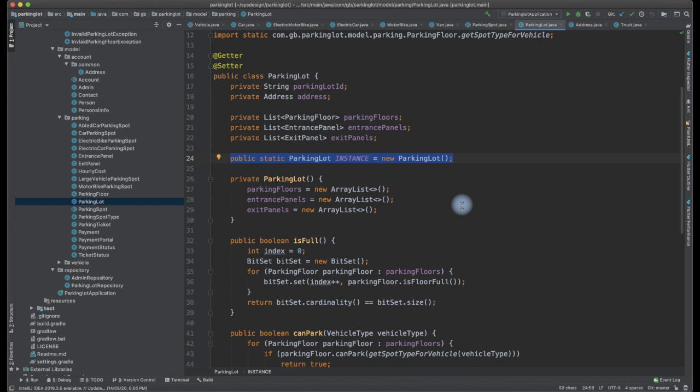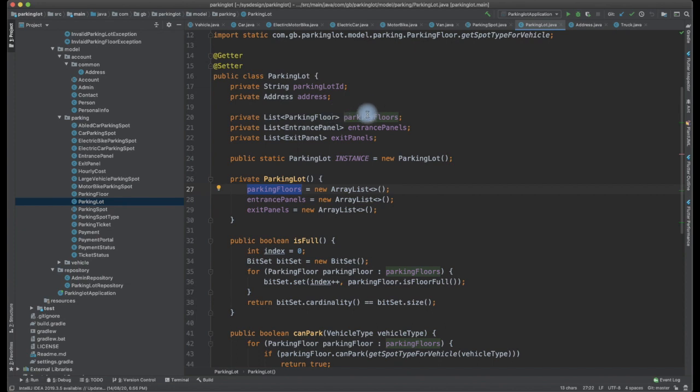Am I right? We are not thinking about a web-based solution as of now. If it is a web-based solution, multiple instances will be running. We will be storing those in a single database which is replicated or whatever it is. That should be handled at the backend in a different way. We can have multiple instances of the web service running behind, and they will be coordinating with a single backend, thereby limiting duplicate records. But since this is an object-oriented solution, we should think of a parking lot as a singleton instance. This is what we need to be very careful about when modeling the parking lot, and this is an important point to note.